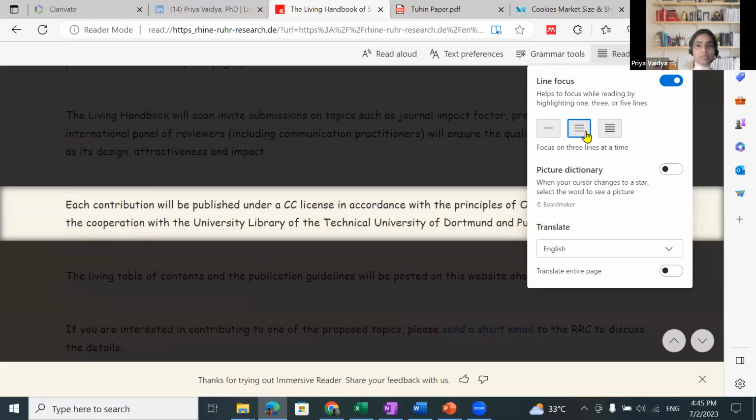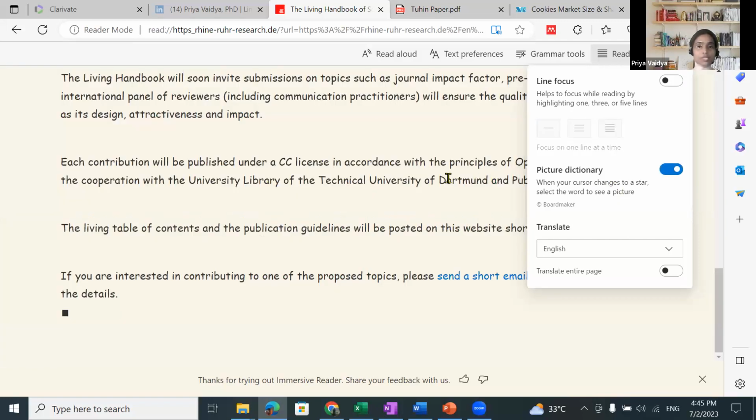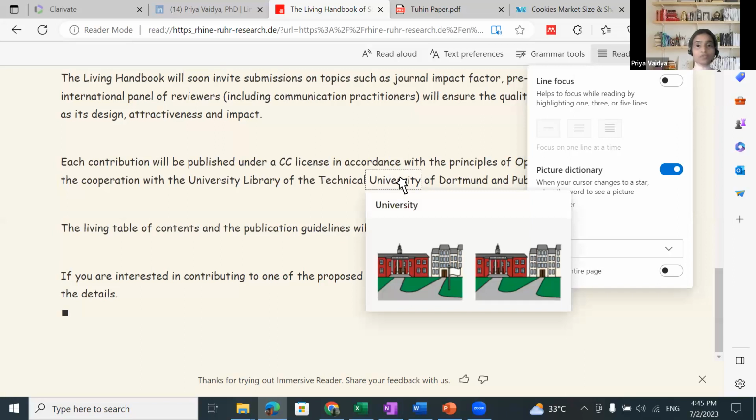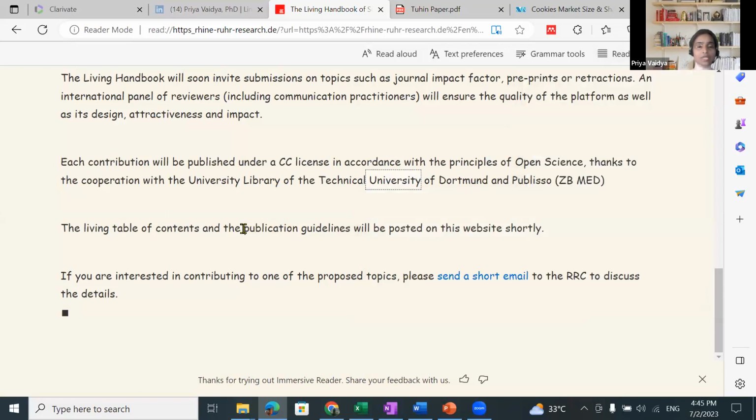Star, it will select the word to show a picture. How it works, let's see. Just open it and you can see the technical university. It will give you pictures of what it is talking about. So it is showing you pictures regarding the university. If I move my cursor to the word publications or guidelines,